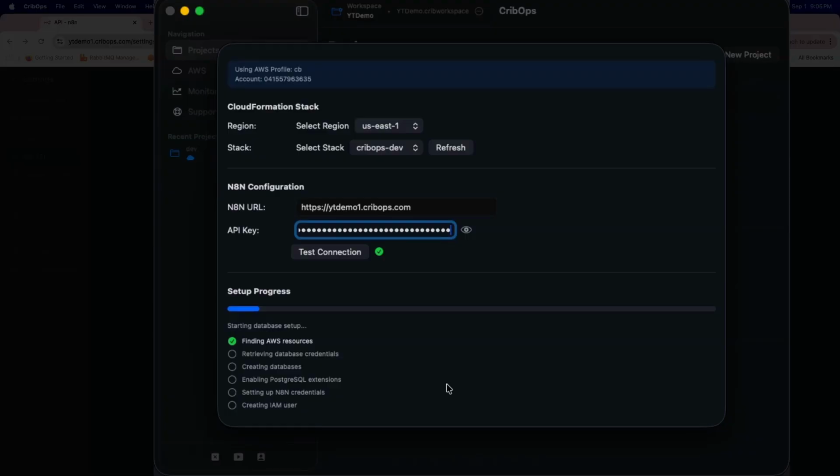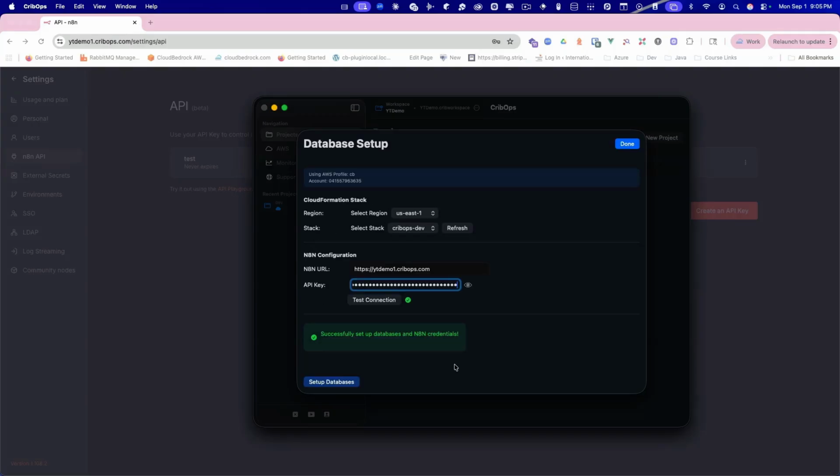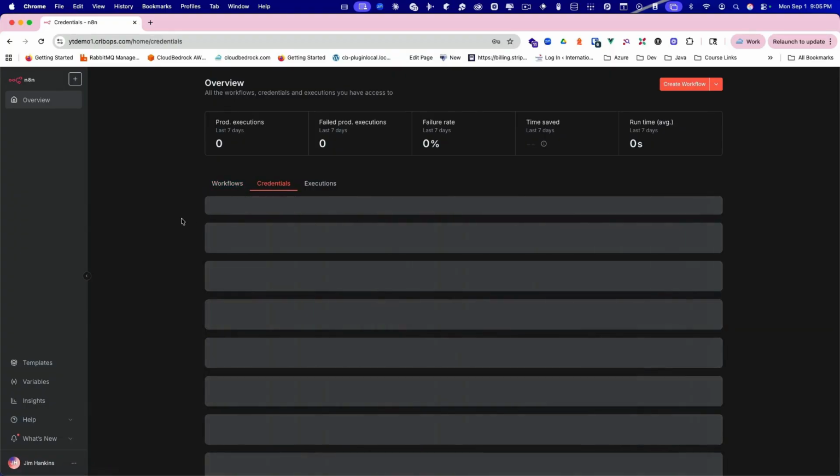Now that's going to go out and talk to Amazon, and Amazon is going to create the additional databases from the secure credentials that it has in the system parameter store up in Amazon. It's going to create the tables. It's going to create restrictions on which users have access to which tables. And then it's also going to make a call to N8N and create credentials for all of those tables. So it's already done. So now if we hit done and come back over here to the N8N installation, go back to settings, go over to the credentials, you will now see,